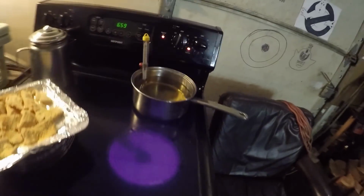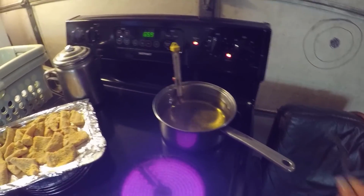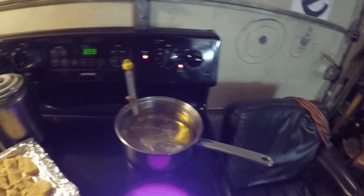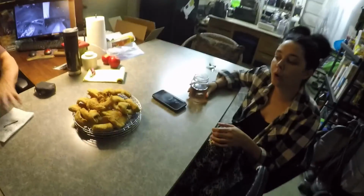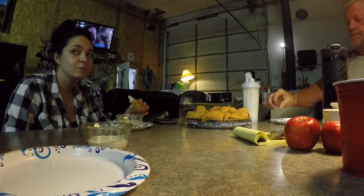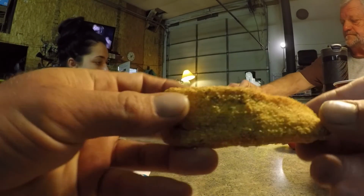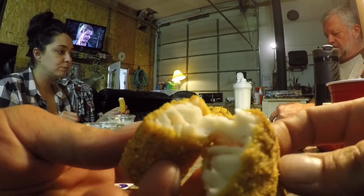Okay, our oil is plenty hot enough, so we need to get a couple pieces of fish in there. I'm gonna drop this in. If it's 1,300, 1,400, that's good. Oh my goodness, look at that. Wow. They're gonna be amazing. I gotta snap one of these in half in front of the camera. Only protein bar. I mean,